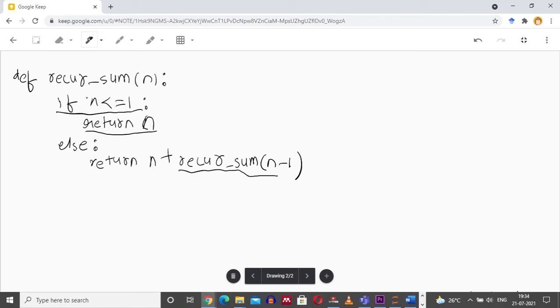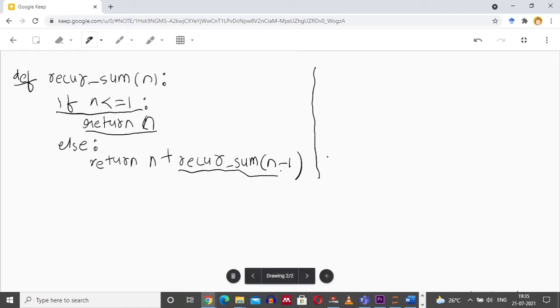Therefore, we write here a recursive function using keyword def. Name of the function is recursive_sum. It is taking one argument as a parameter n. It is checking whether n is less than or equal to 1 and it is returning the value of n. This is the terminating condition of recursion. If n value is 1 or less than 1, your recursion ends. Else, the recursive part where we are returning n plus, again calling the function from its body and passing n minus 1.